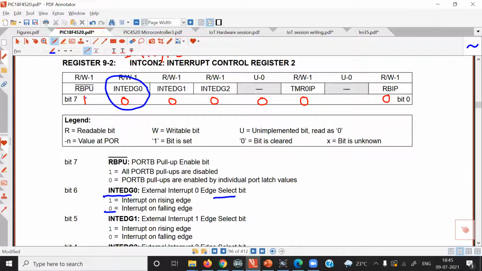Actually, instead of setting this bit to 1, I have not done anything, because by default, whenever there is a power on reset, this bit is set to 1. Its default value is written here. Look at here, this is the default value. So we need not do anything with this bit unless you require this on-chip pull-up register. If you want to use it, then clear this bit to 0.